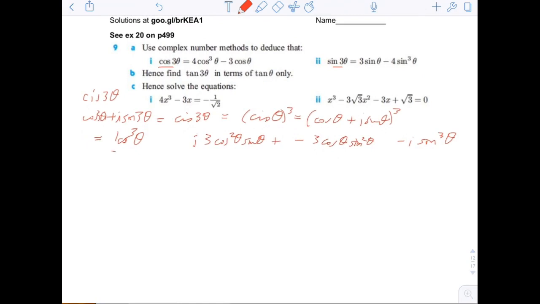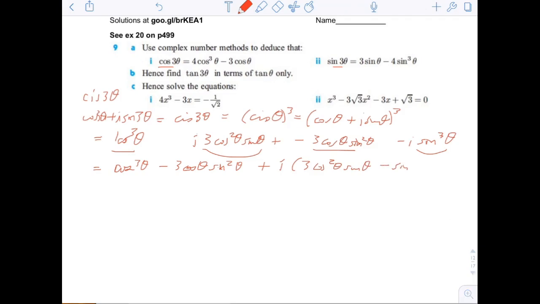If we take the real parts, which is this part and this part, and we take the imaginary parts, which is this part and this part, and we separate them, we'll get cosine cubed theta minus 3 cosine theta sine squared theta. And for the imaginary part, we'll get plus i times 3 cosine squared theta sine theta